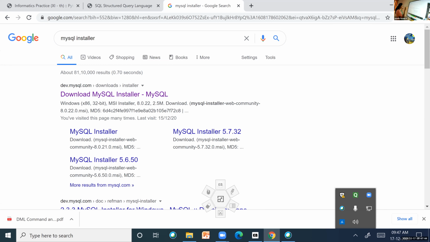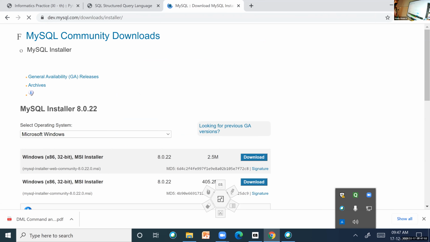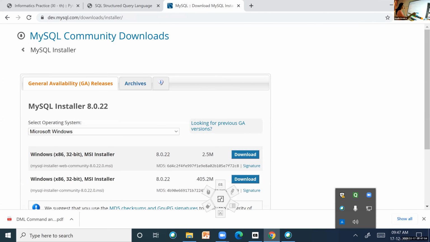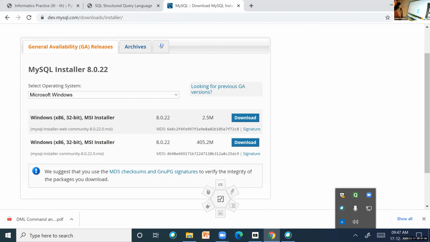Take the first one. Again, the first one, 32-bit. We can take 32-bit, that's okay.